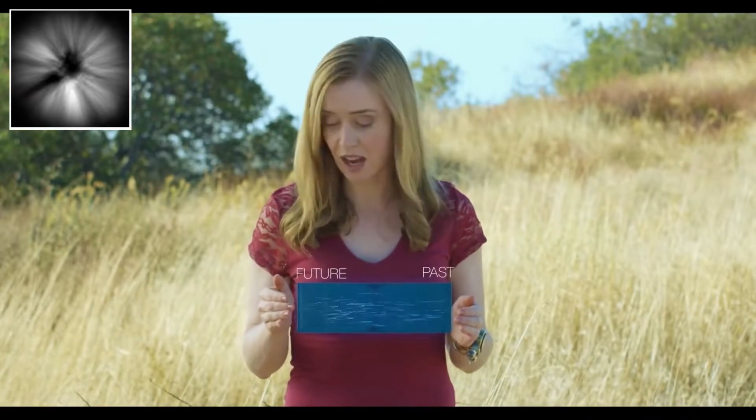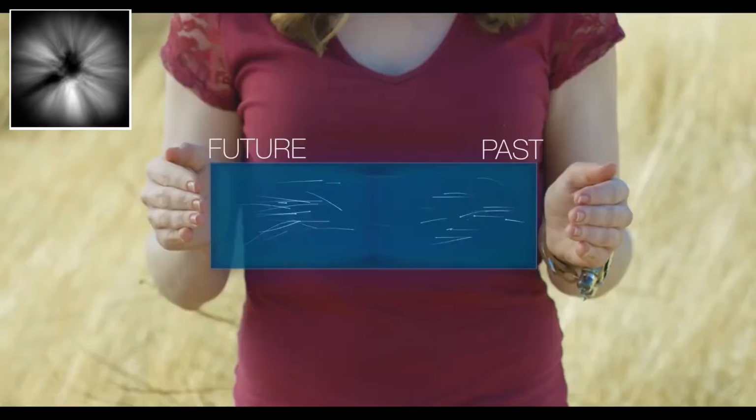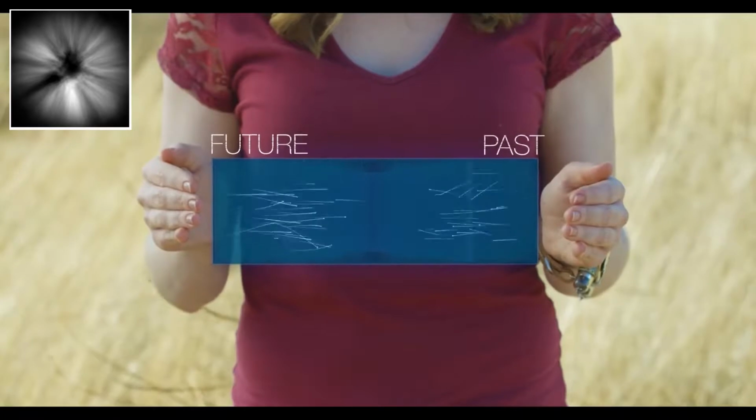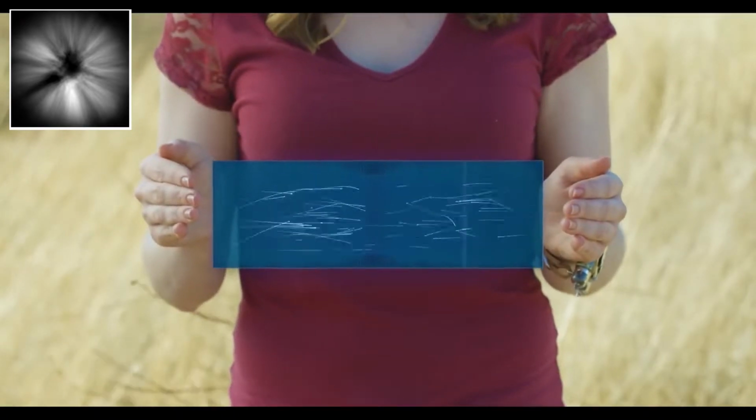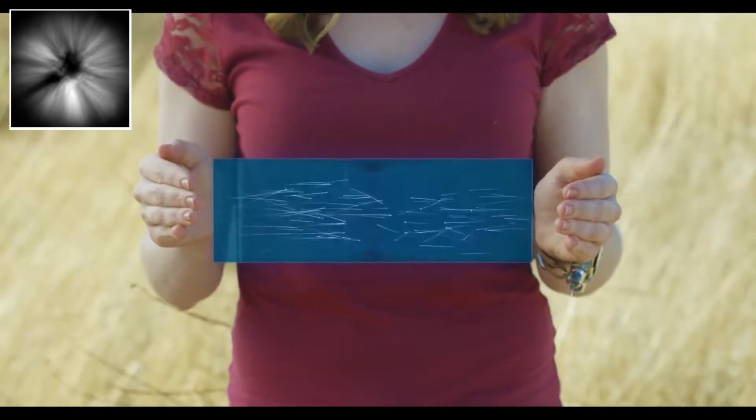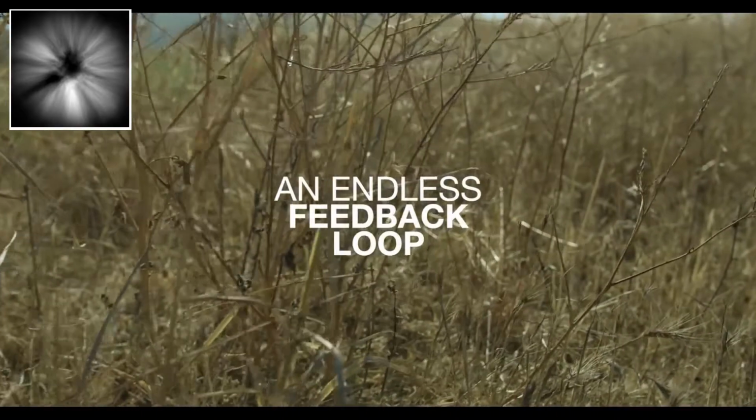But when you look at this block, why would one side be the past and one side be the future? Why go left to right and not right to left? Why can't the future influence the past? Take away the names past and future if that helps you think of this concept. So what if the past influences the future and the future influences the past in an endless feedback loop?